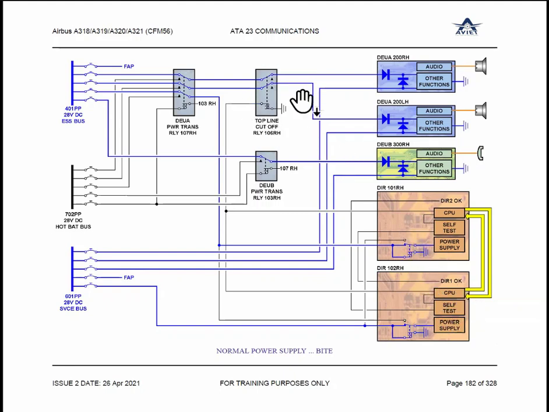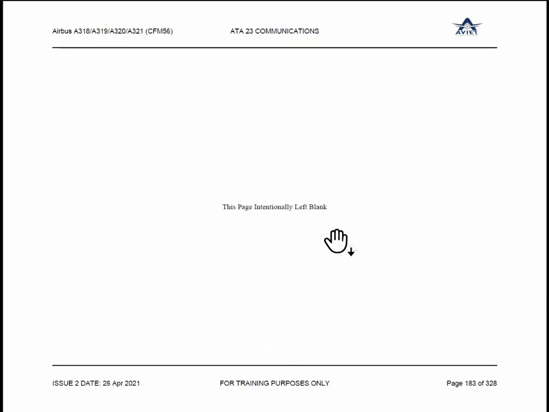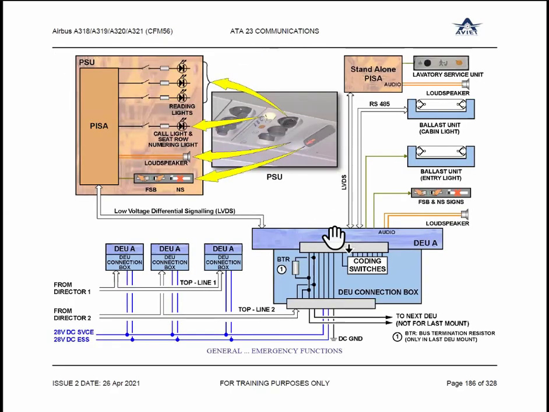Same for the top line cutoff buses. The top line cutoff relay will be there, because in emergency configuration you will get the power for the DUA and DUB when PTT is pressed. Push to talk is pressed. DUA, buses are the same. Director 1, Director 2, input, same way going and going out. Right, no change. Supply, no change. What changes here is